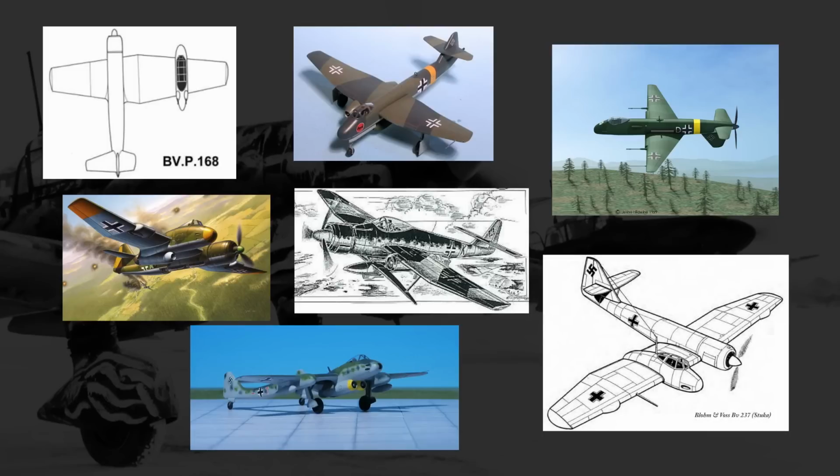Now, instead of going in chronological order or numerical design number order, we'll go in the order of how viable I think each of these designs would have been. Spoiler alert, none of these designs were ever actually made, so we'll have to make an educated guess on their viability. How viable you think each of these designs may have been may differ from what I think, and that's perfectly fine. But with that in mind, we'll start with the proposal that I think was the most viable,